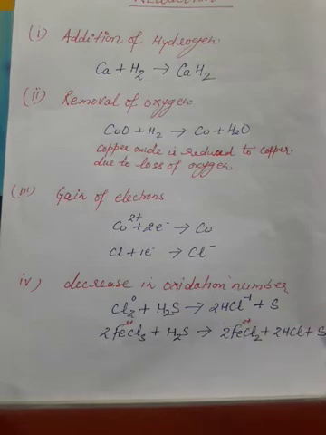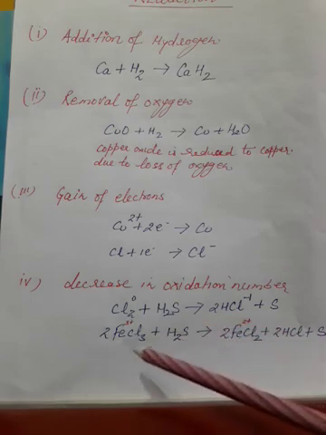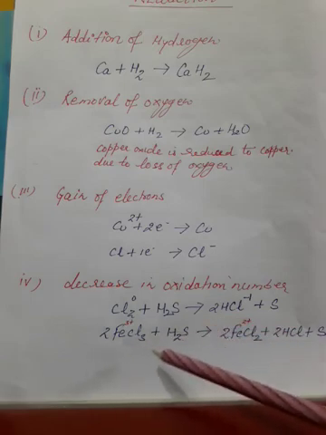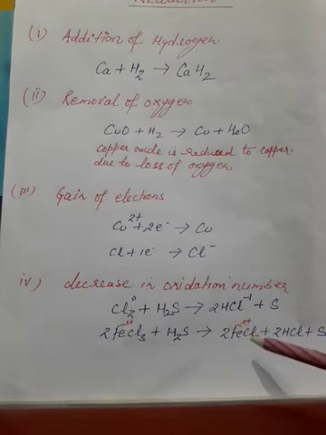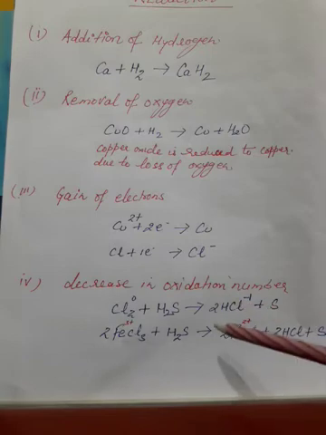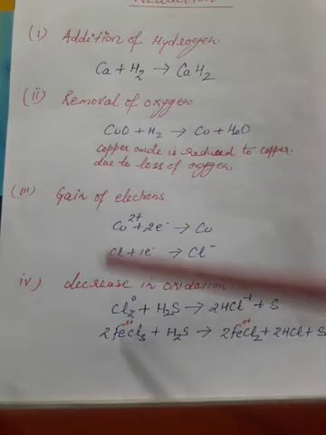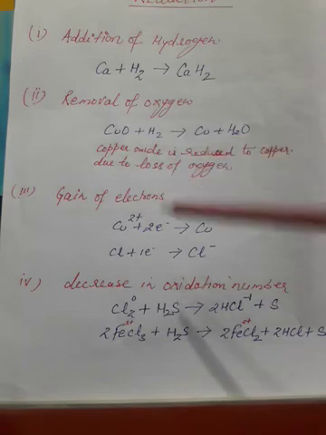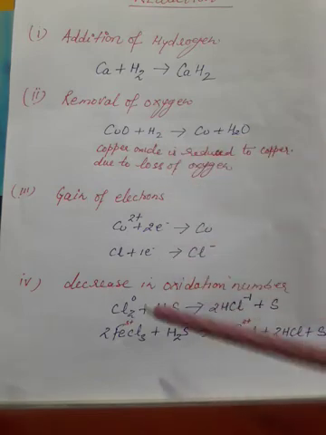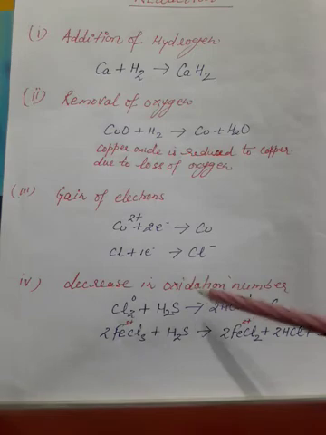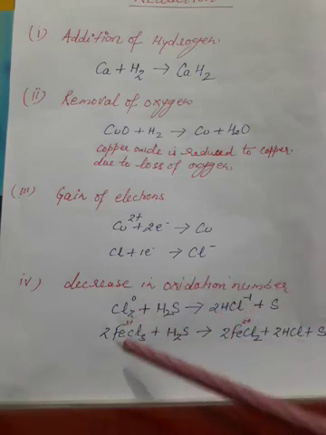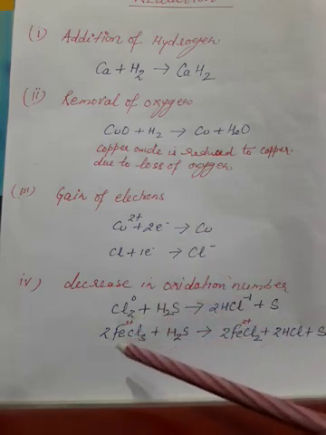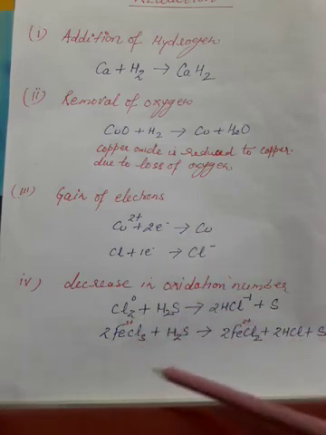Another way you can define it: how will ferric convert into ferrous? By gain of electron. Fe3+ will gain one electron to form Fe2+. So that way also you can define it. Oxidation number in detail you will study in 11th class, but all these things in 8th, 9th and 10th you have to study, and these are very important. So just try to understand this also. Decrease in oxidation number is also known as reduction. Here ferric is converted into ferrous, 3 plus oxidation number converted into 2 plus. So this is also known as which process?